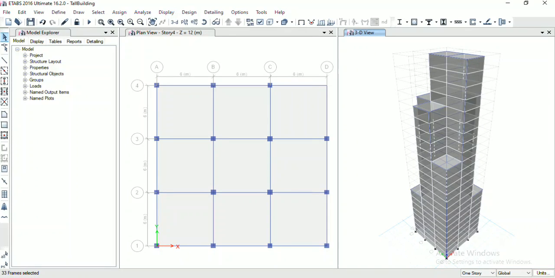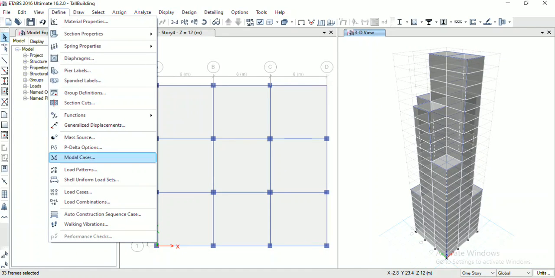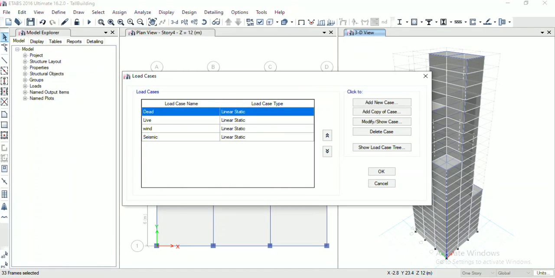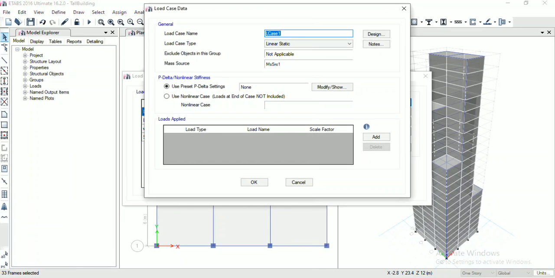Now we will set the load case by including the response spectrum function. For that, go to define, load case, add new case, and name it as response spectrum.